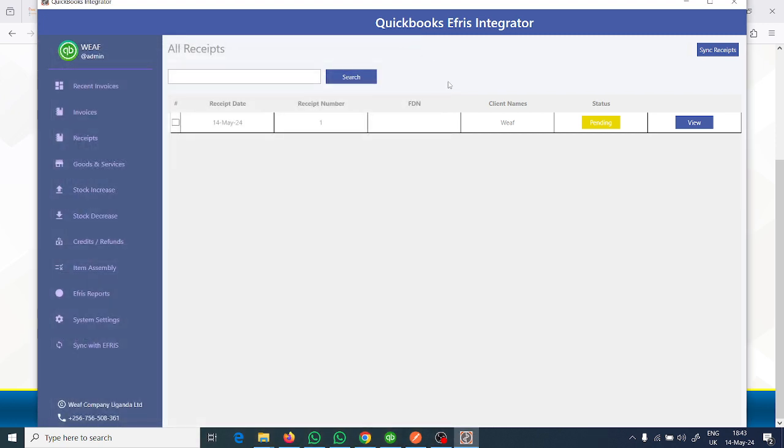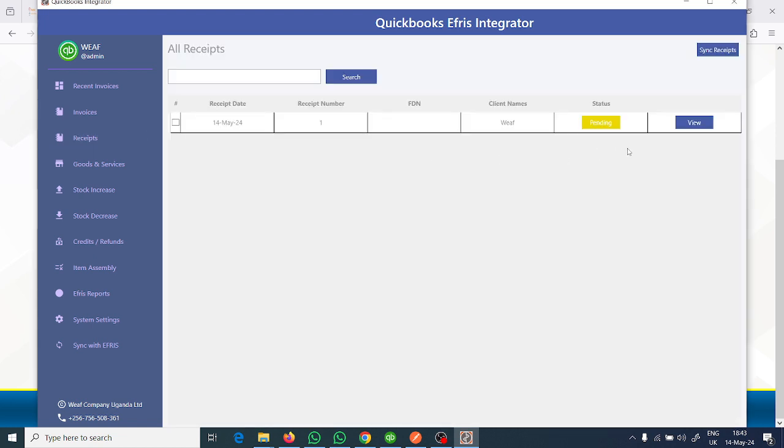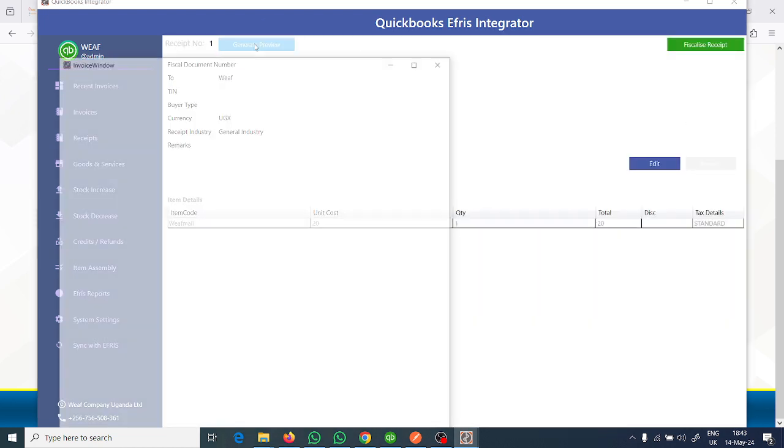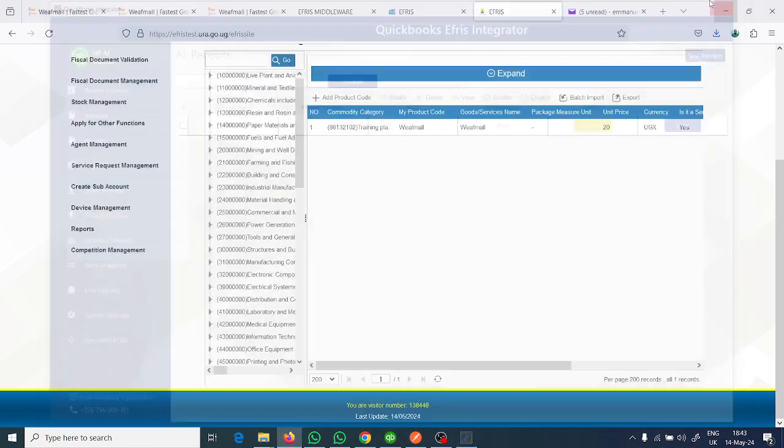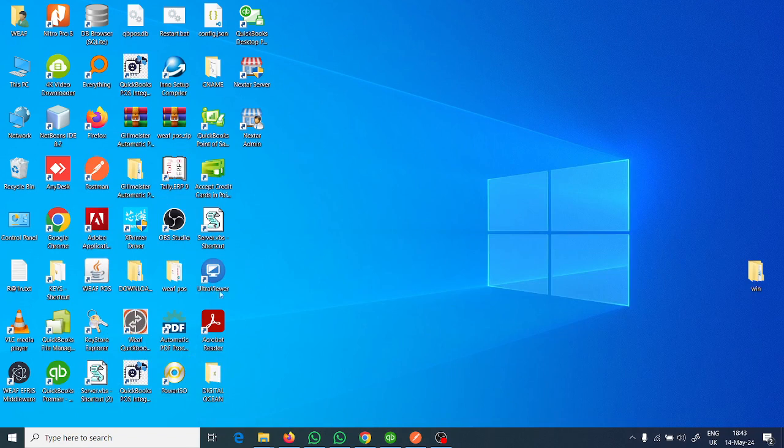For people who are dealing with businesses where you issue small receipts, you can come to the settings and you need to change this and put pause and click on save. So when you come back to receipts and you click on this and then you preview, okay, let me first close this. Then now when you open,